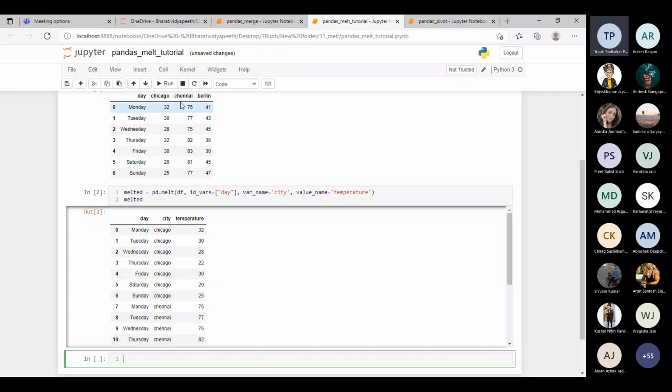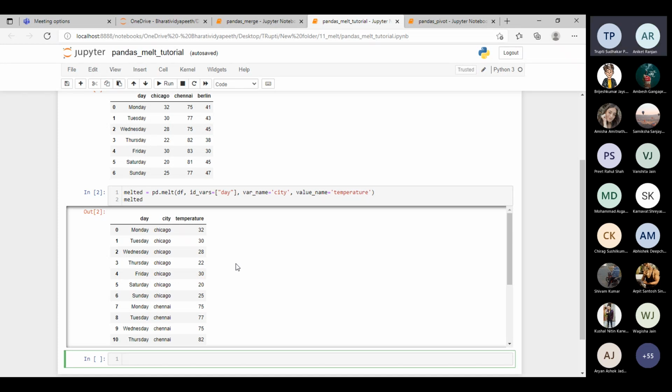So now what happened: day, and your center, what we can say cities, that will be coming into column should be contained into row, and your temperature is basically contained as a special column. Meaning what was in row has been converted into column. The only thing is we are considering the identification value with the help of this day, and rows that were columns are converted into rows and rows converted into columns. Have you understood the difference?